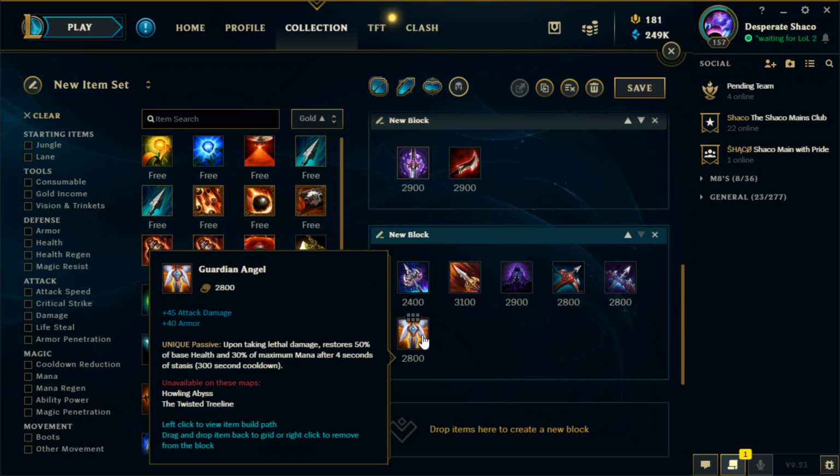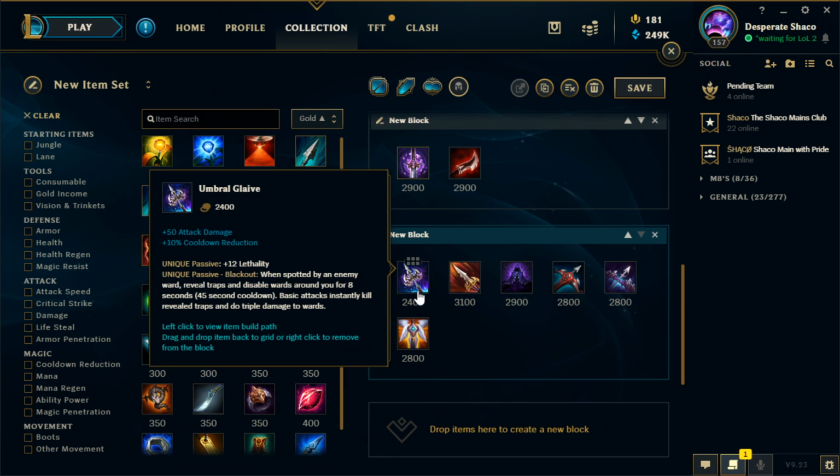Actually, let's get into Guardian Angel before, because if they have a lot of AD and/or assassins and you want to survive or revive after dying, if that's something that you want to go for, this is really nice. I don't like building Guardian Angel too much anymore. I don't think it's worth it, but he does it, so there must be a reason for it. Now,